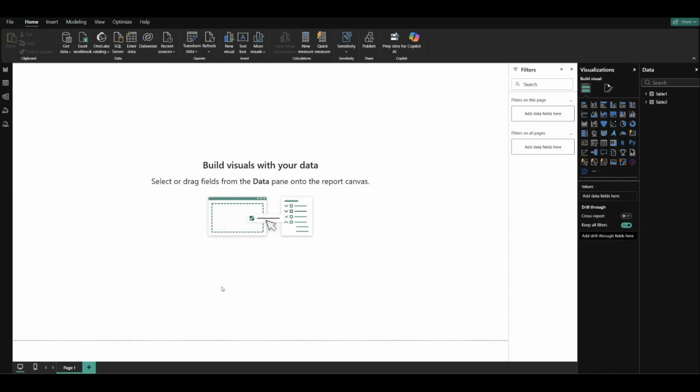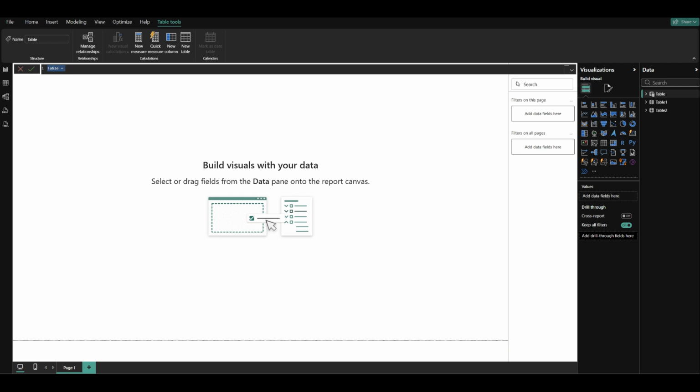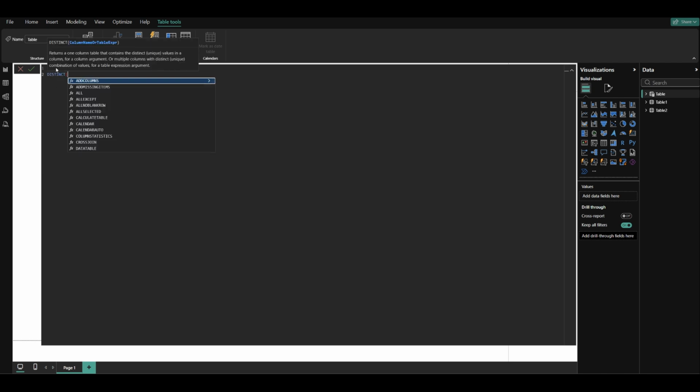Step one is I want to create a new table and connect these two data sources, right? So I go to modeling and create a new table, and then I need to write the DAX. I will name this one team country, and then I need to get distinct values of. Then I need to connect the tables, union,